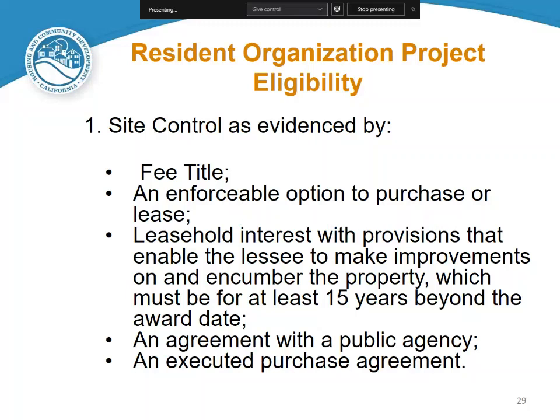Site control must be in the name of the applicant at the time the application is submitted to HCD and enforceable for at least 120 days beyond the application submittal date. The applicant must provide evidence of site control at the time their application is submitted by any of the following: